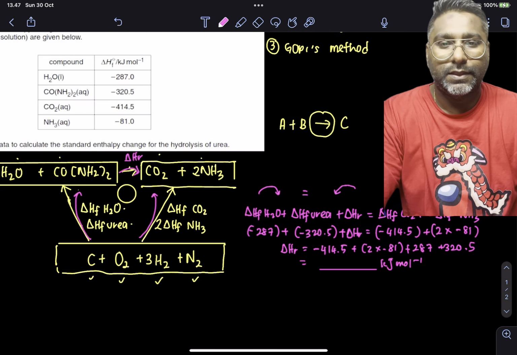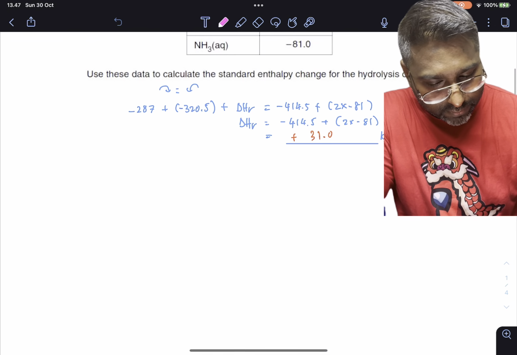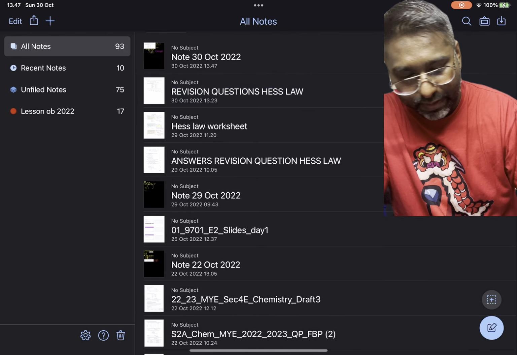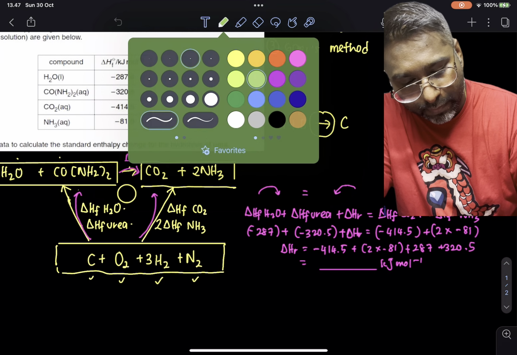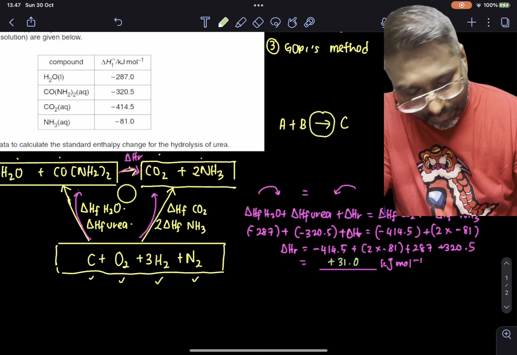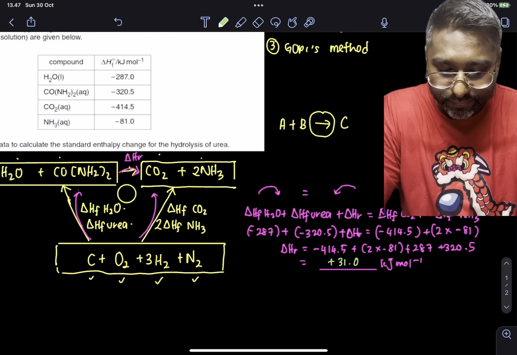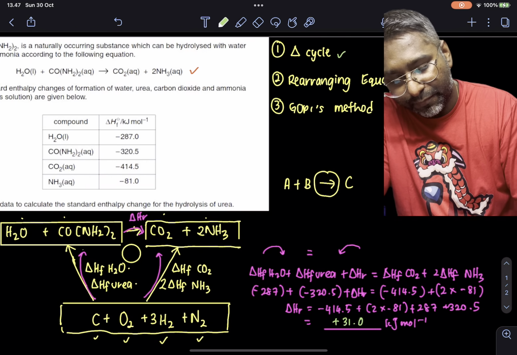I have calculated this in advance, so let me double check this answer. So this one is plus 31. Yeah, so I'll just put it over here. So plus, you can calculate yourself, 31.0 kilojoule per mole. Okay, that's the answer. But this answer is going to be by using the typical way of solving, which